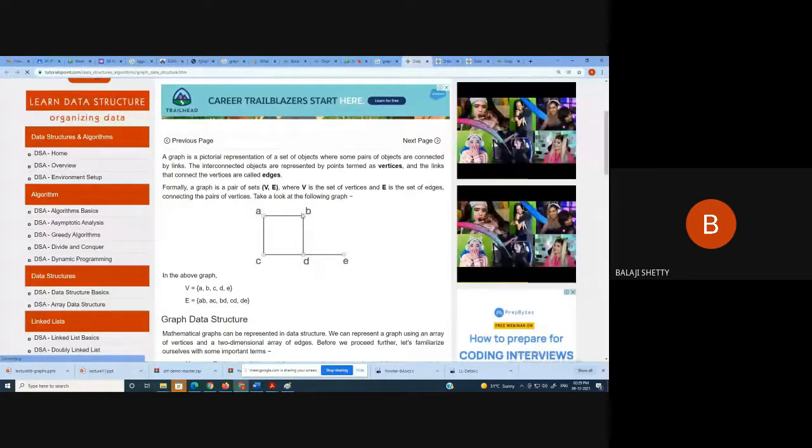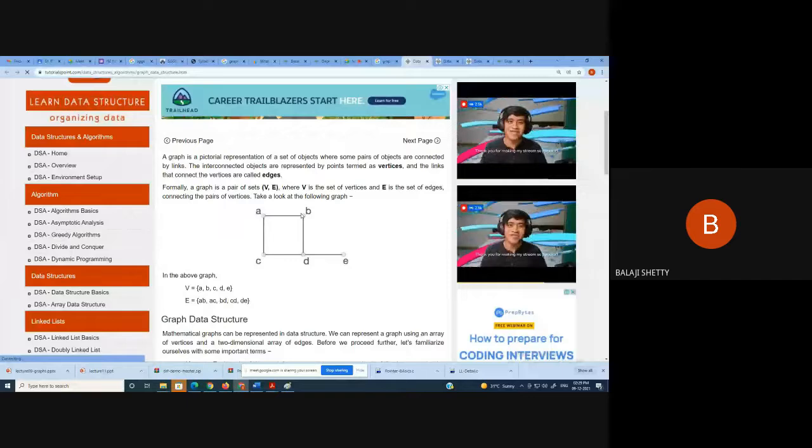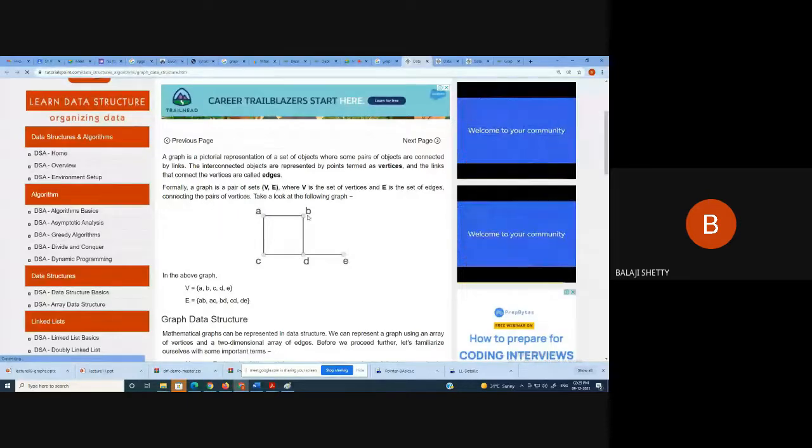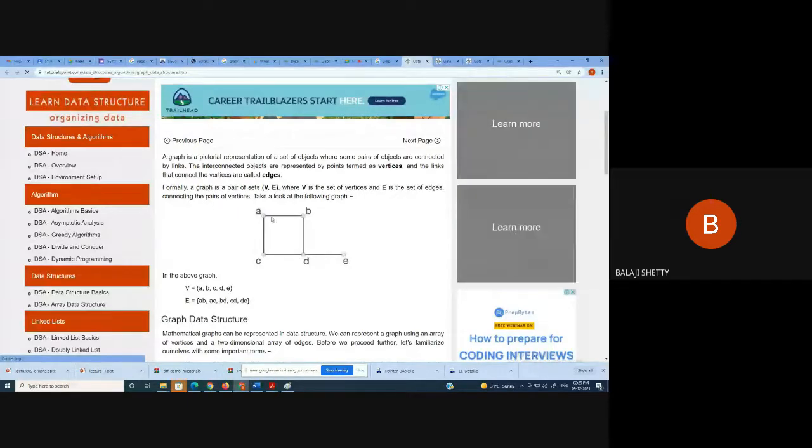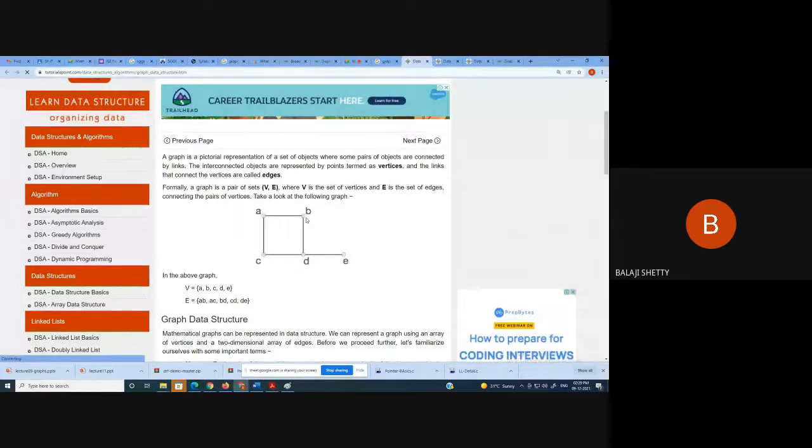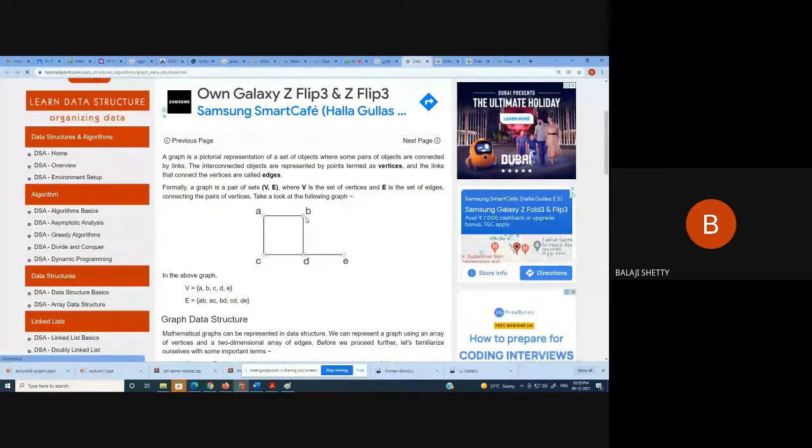A graph may be directed, or it may be a simple graph. Here no directions are there, so it is a simple graph. If from A to B I draw an arrow at the end of B, it will show a directed graph. One simple example: when you go in a city, you have a one-way road. One way means you cannot move the vehicle in both directions. You have only one path from one source to another destination. So that represents the graph.